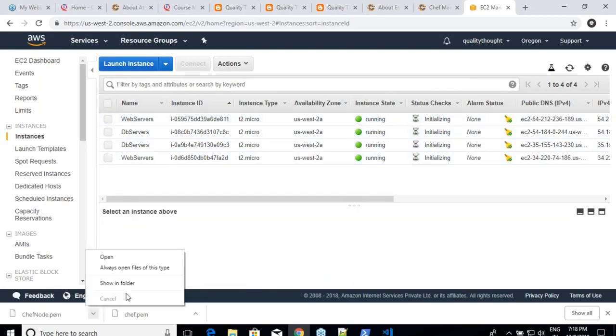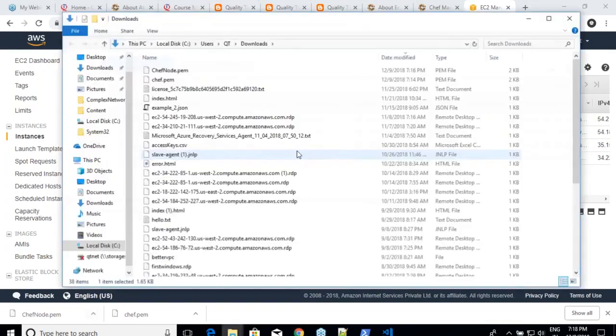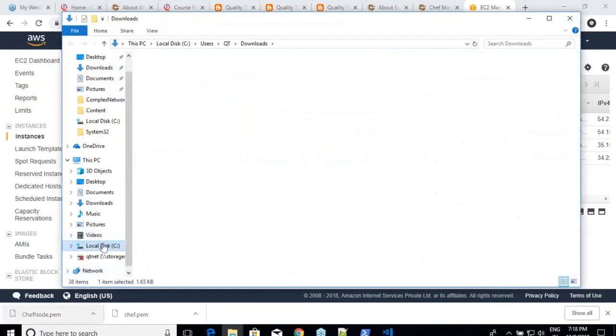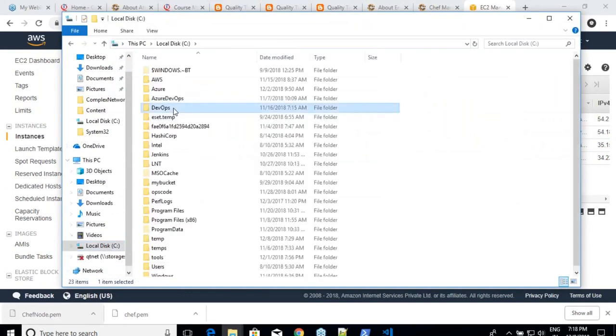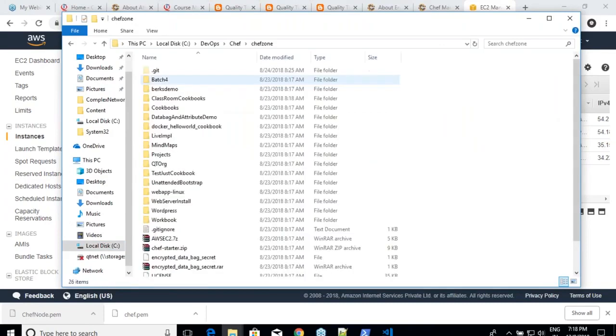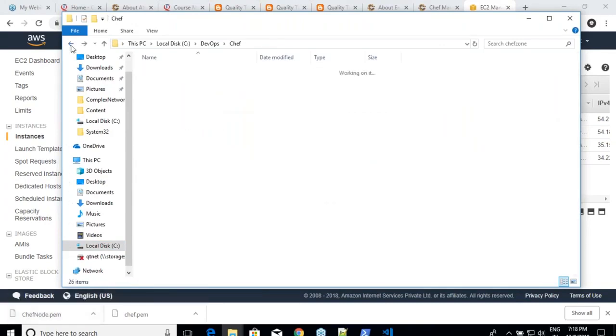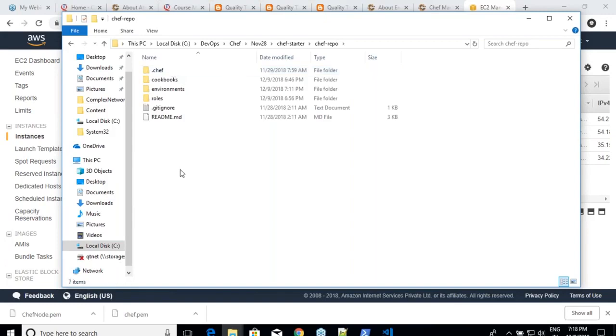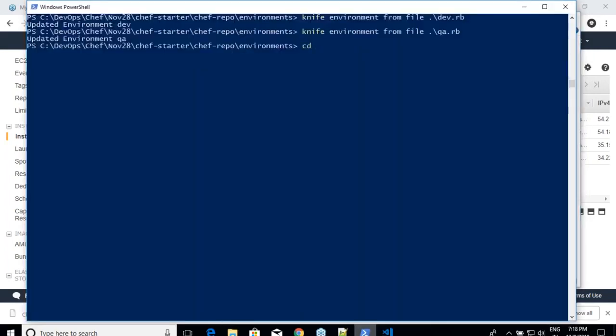The first thing which I want to do is, since I'm bootstrapping from this, as a safety measure not to mess up again, I'll go to my C drive, DevOps, chef, not chef zone, chef starter kit, and I'll put my node.pem file over here, because even if I mess up the downloads, I still have one copy around it. That is what I have missed. Right? Generally I do this, but I'm not sure.